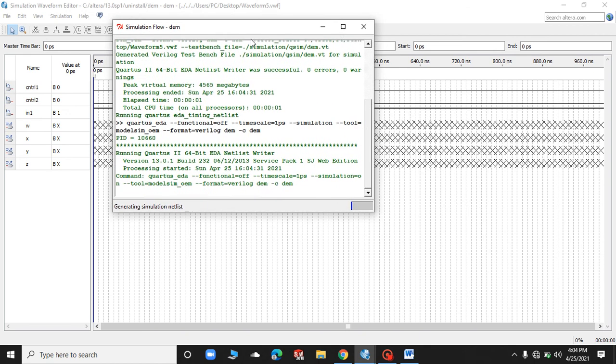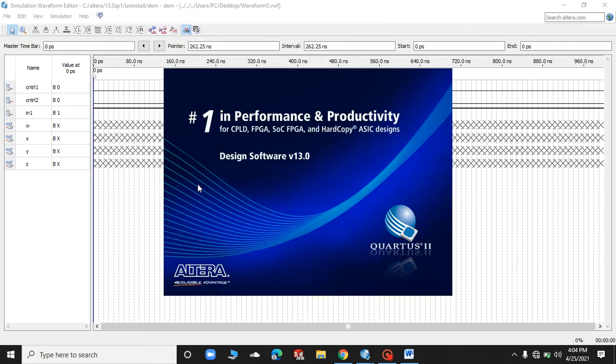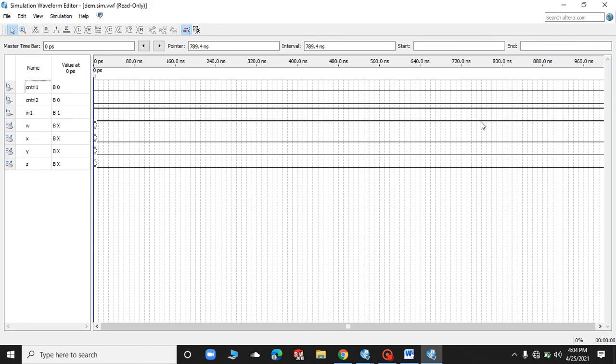When the simulation runs, we can clearly see that the truth table for the DMUX is verifying itself. We can see that when the input is 1 and control 1 and control 2 are 0, we get a high output at W and a low output at X, Y and Z. At W the output is high, but the system shows the output low because of the time delay recorded by the system, so we have a double X over here.